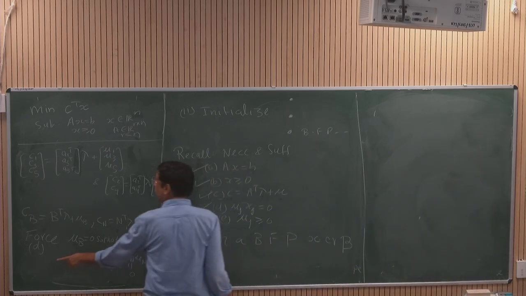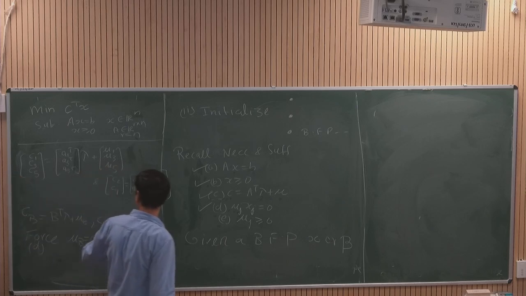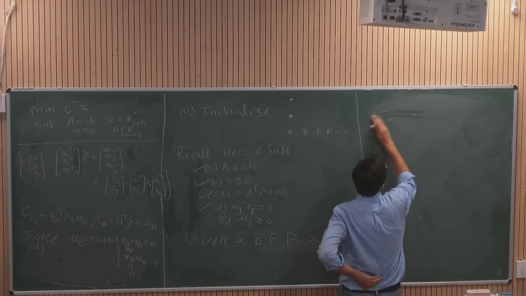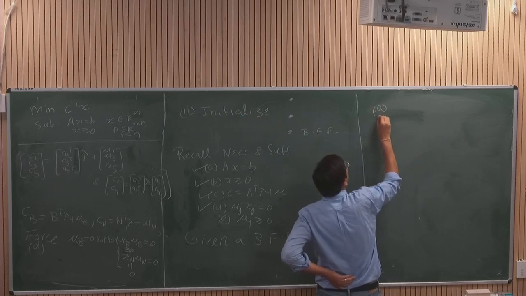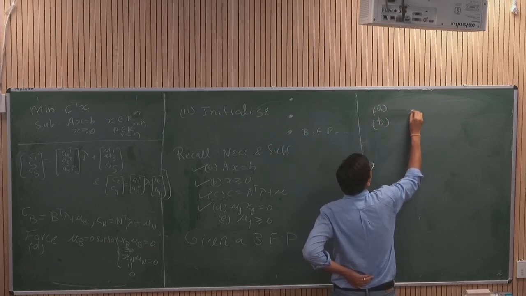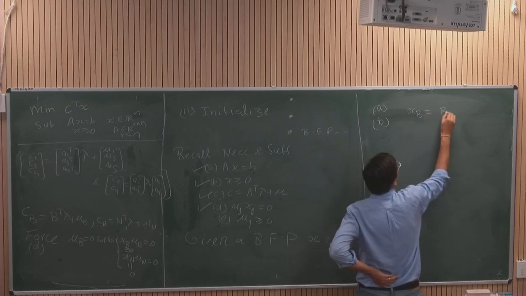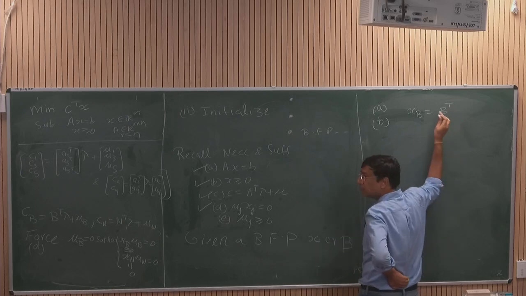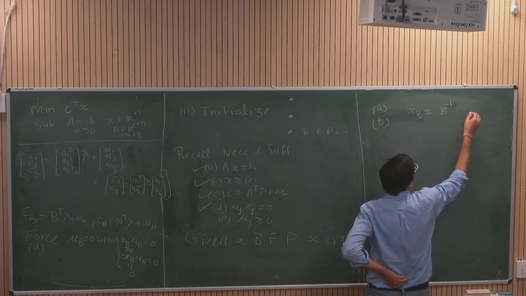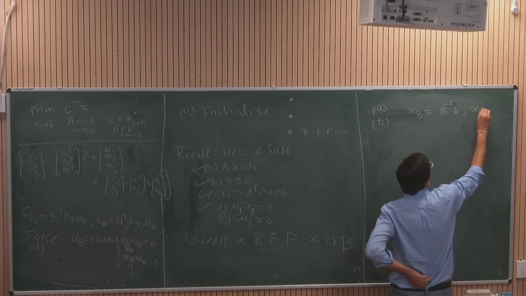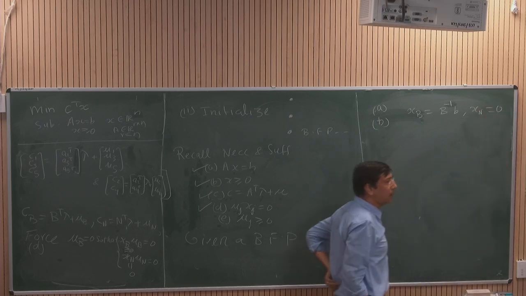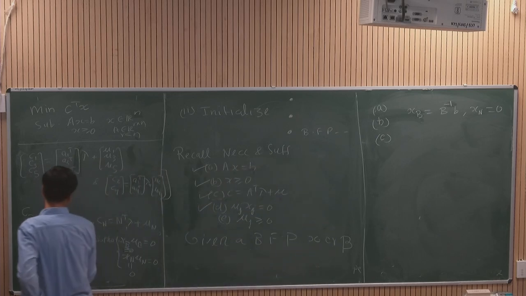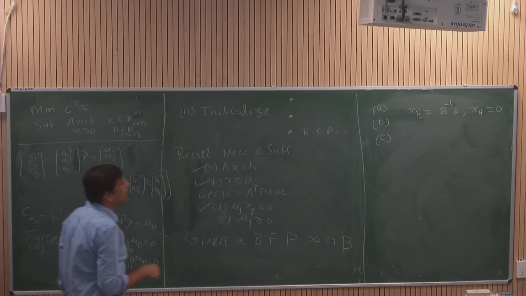So once I take mu B and substitute into the C condition, let's keep the earlier result: when we applied A and B, we got XB is equal to B inverse b, and we got XN is equal to 0. This is what the active constraints give. When we came to the C condition and we take the C and D, we take this mu B equal to 0, we'll get that